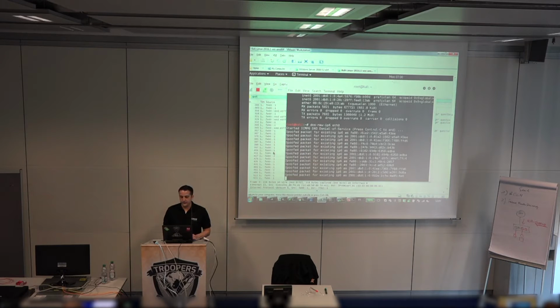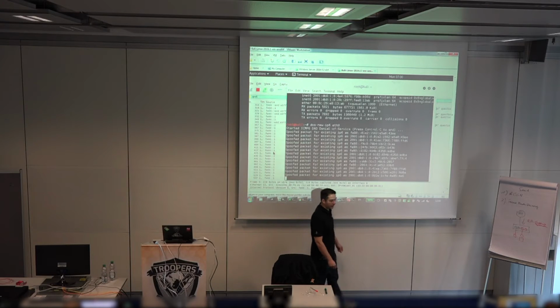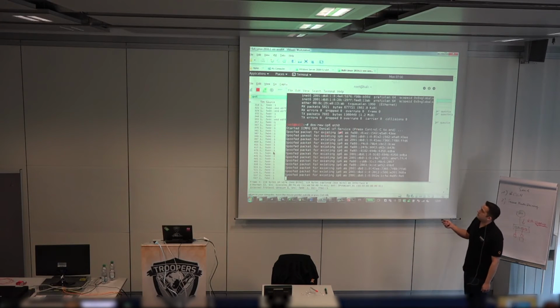Of course, the same applies to the global unicast addresses. The attacker just has to participate in the local network, and as you can see, it's pretty trivial: just say dos-new-ip6 eth0,